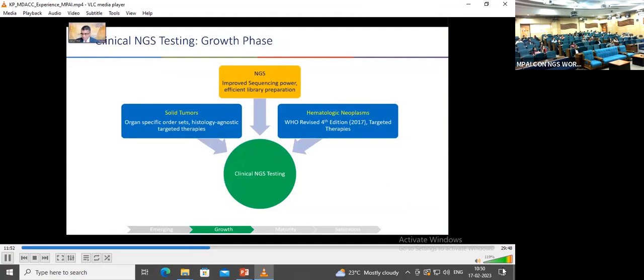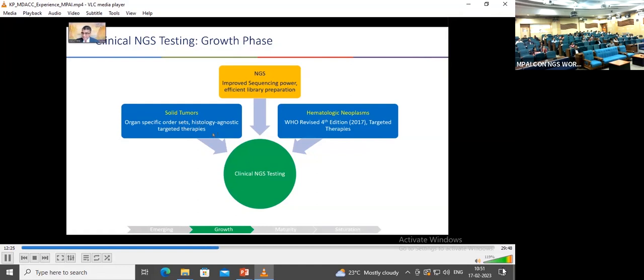So having found the use of this technology, the growth phase was defined essentially by continued expansion in the solid tumors, a lot of the histology agnostic clinical trials such as NCI-MATCH trial, TAPUR trials, and others coming in, where biomarkers were essentially directly driving treatment decisions without the histologic considerations. And also within the histologic context, a lot of expansion for molecular biomarker testing was happening across the different guidelines